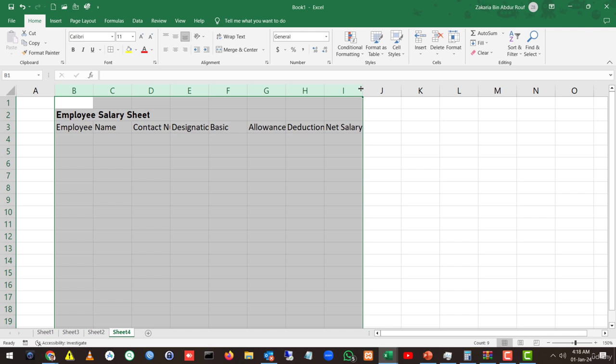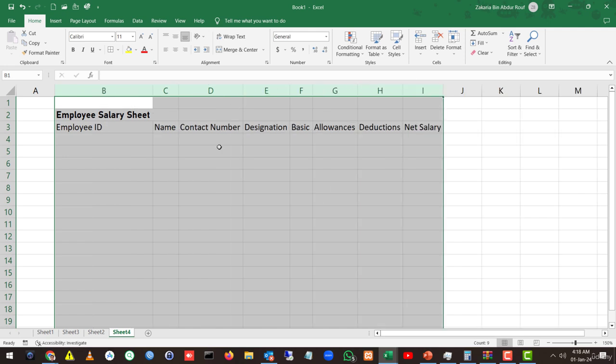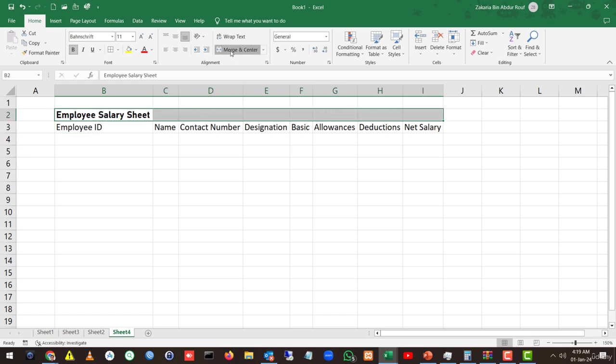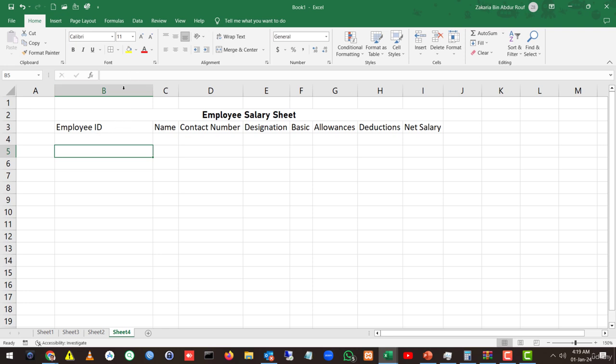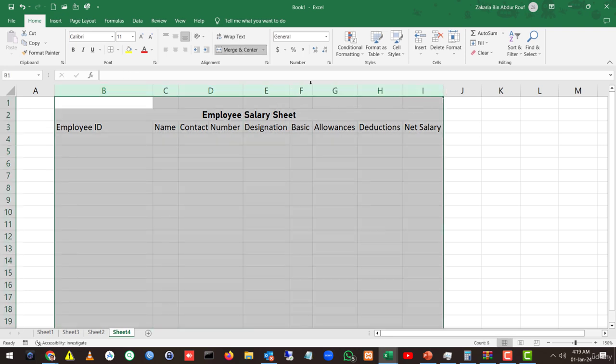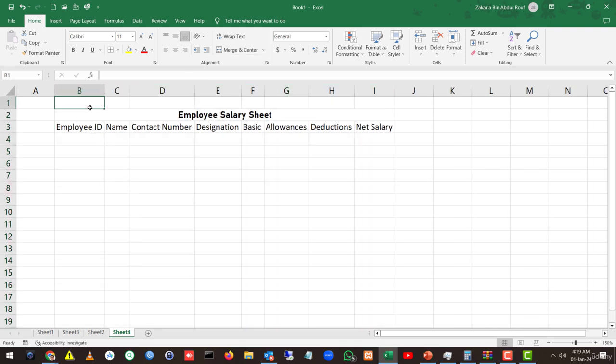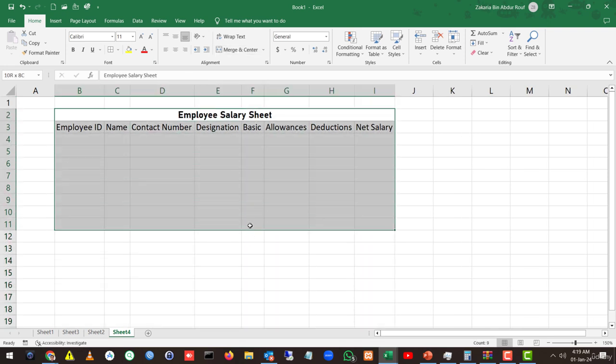So you can just select all the columns, double click, and it will automatically expand accordingly. So let's see, for the heading we have to merge and center, so it will be in between all the rows. So we just select again and then just double click on this line. So let's create the table,